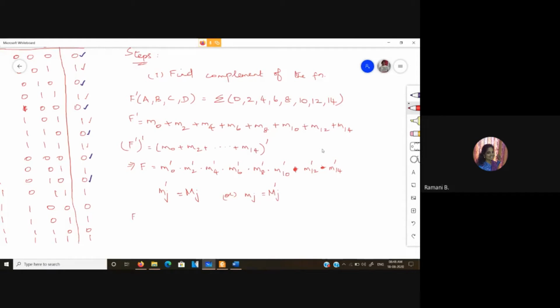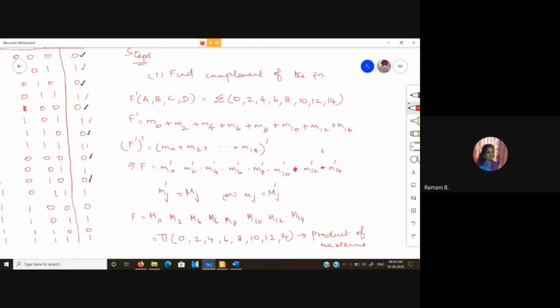So now this f will become M0 dot M2 dot M4 M6 M8 M10 M12 and M14, which can be written as pi of 0, 2, 4, 6, 8, 10, 12 and 14. Now we have got the product of max terms expression.